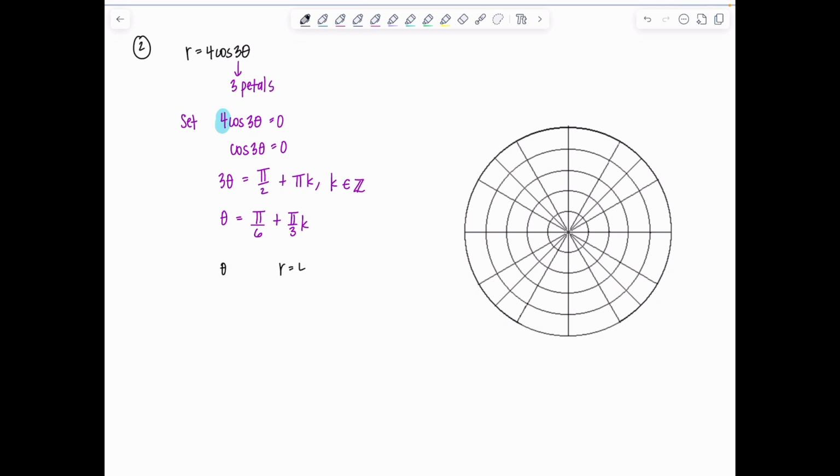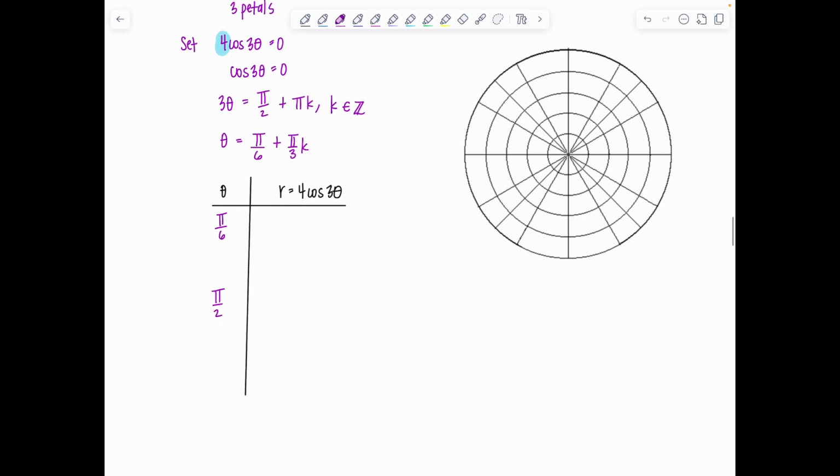R equals 4 cosine 3 theta. So I'll start with pi over 6. If you want to start with 0, that's cool. I just want to start with where the petal is actually at 0. So I'm going to put pi over 6. Now, if I add pi over 3 to pi over 6, that gets me to pi over 2. But halfway between is where the max is going to be. So like pi over 6, pi over 2, I'm adding pi over 3. If I add another pi over 3,